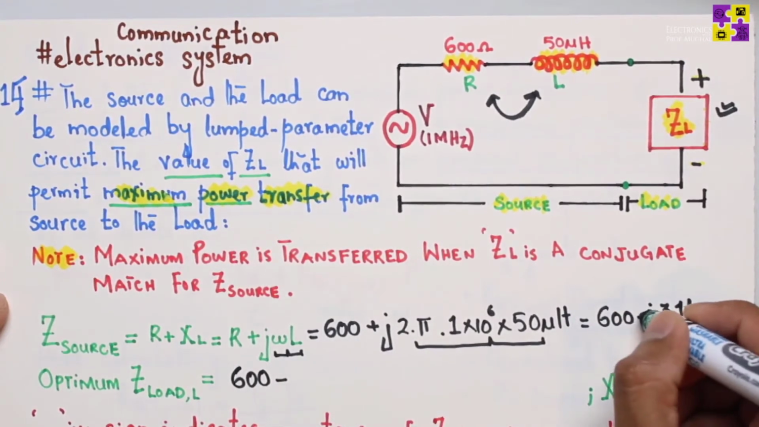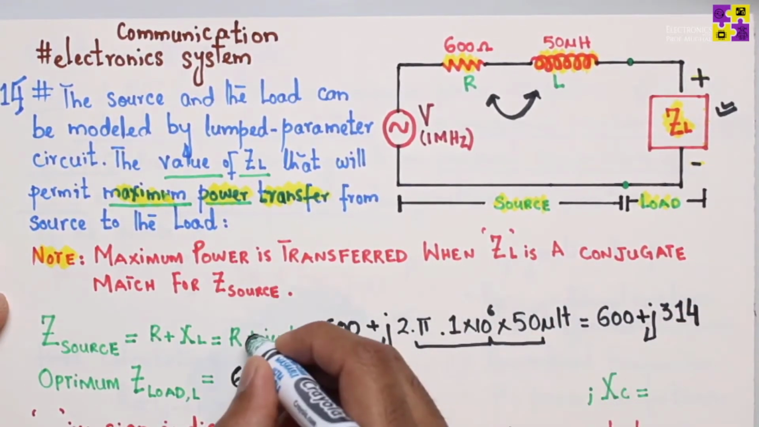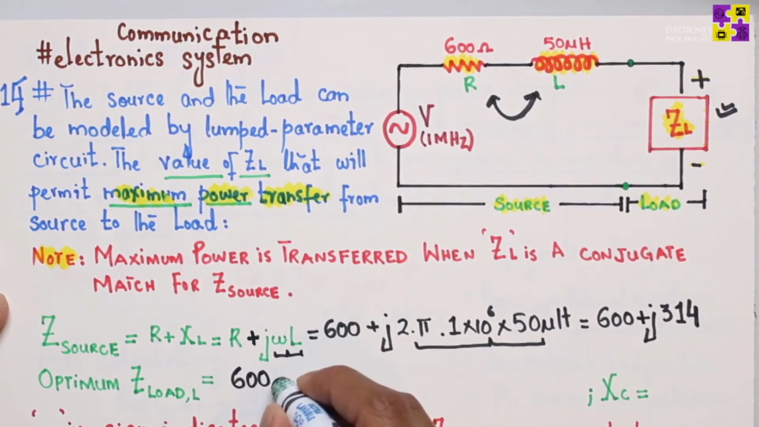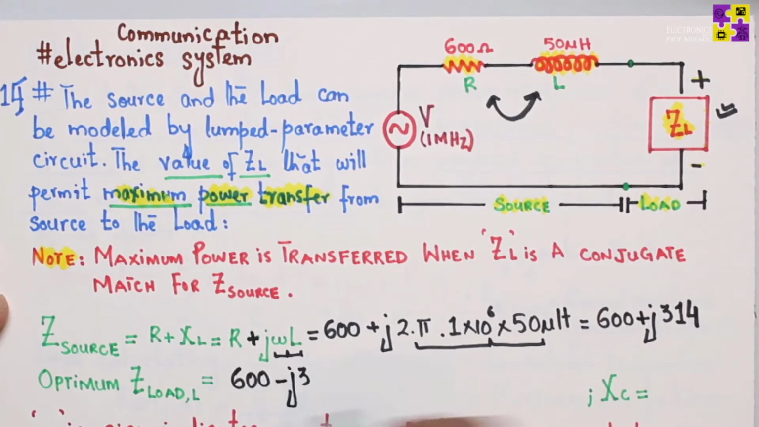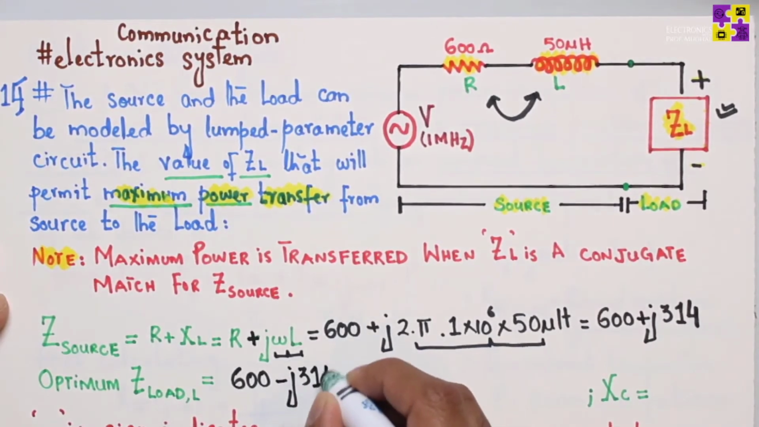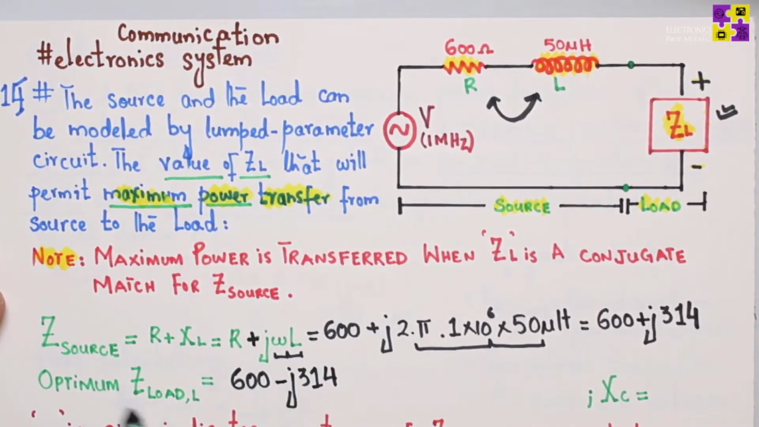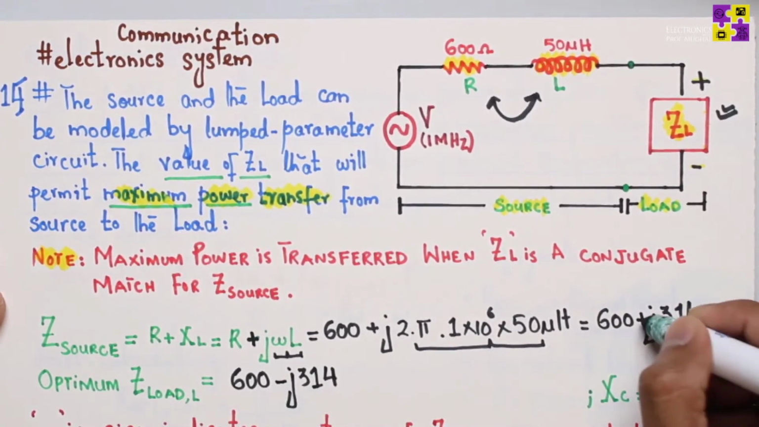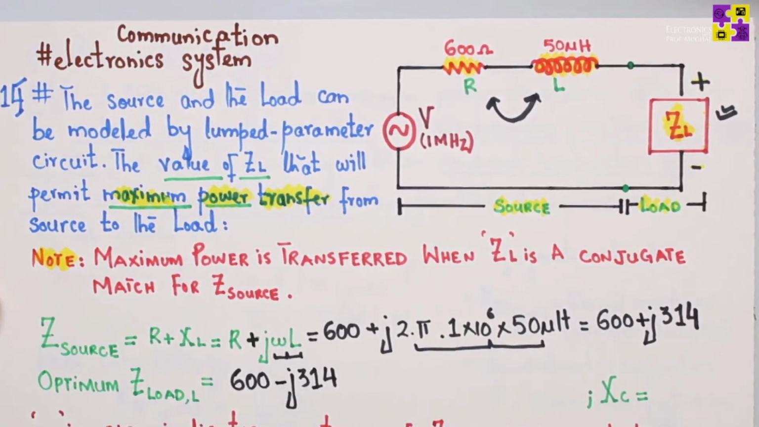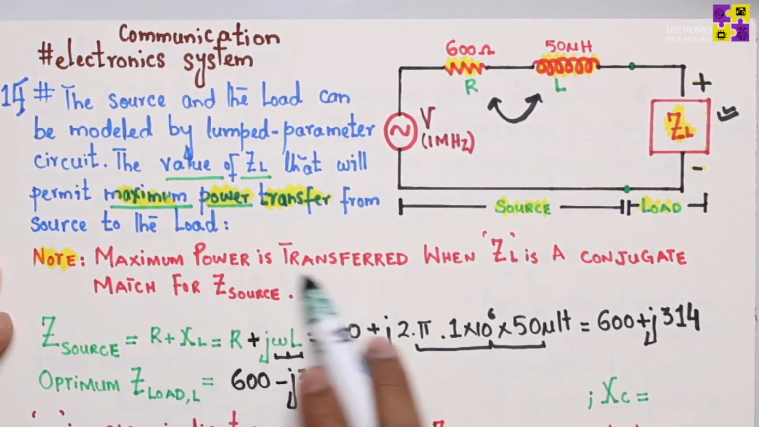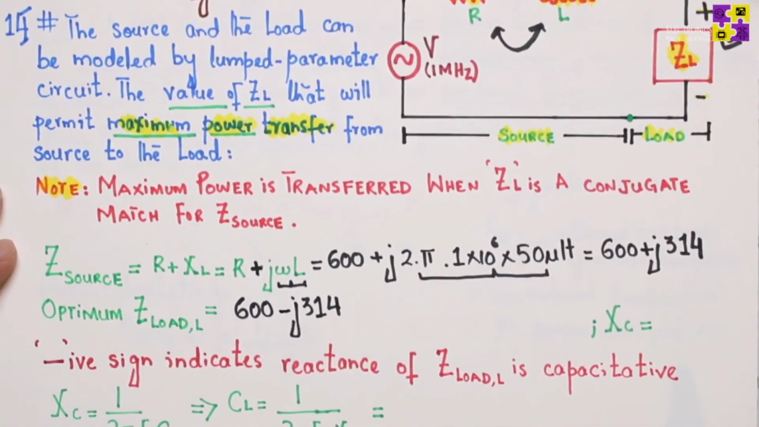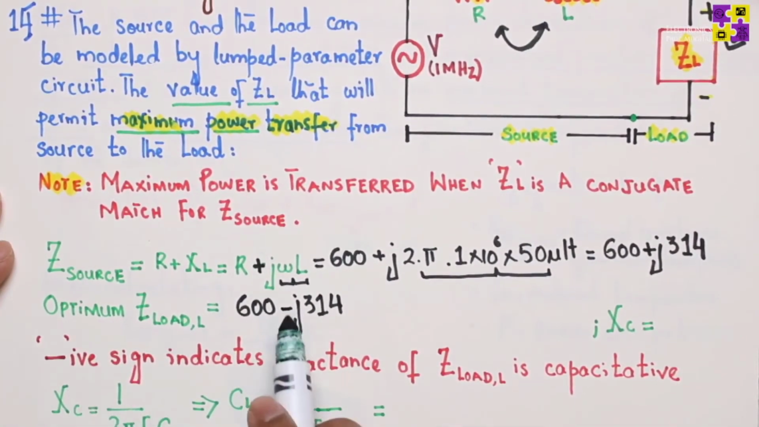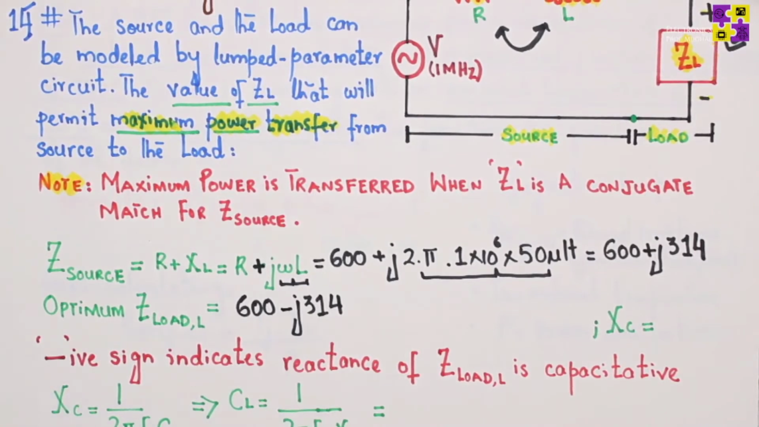Oh, by the way, the source is going to be plus here because I had a plus sign over here. And here we're going to have a negative sign. Why? So when we add the two, they cancel out, right? Therefore, the optimum Z load is going to be 600 minus j314. If this was negative, then this would be plus. Okay, so remember that maximum power is transferred only when ZL is a conjugate match for Z source. And this negative sign here basically indicates